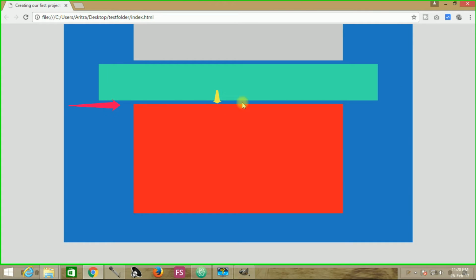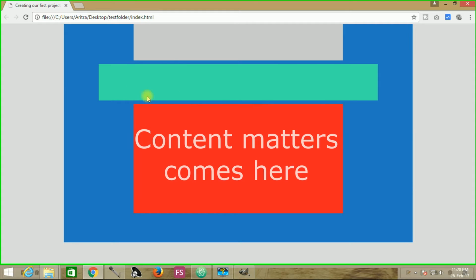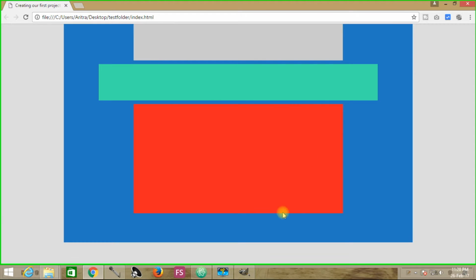As you have provided a 10 pixel margin from the bottom, this thing will provide a total of 10 pixels of margin from the next content, that means this content holder element. And of course there will be the last block element which still remains, which is known as the footer part, the footer element.